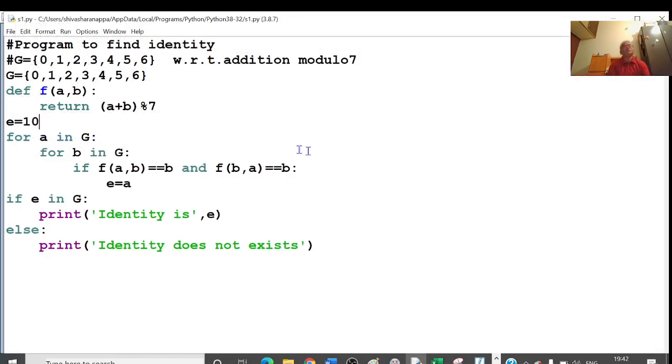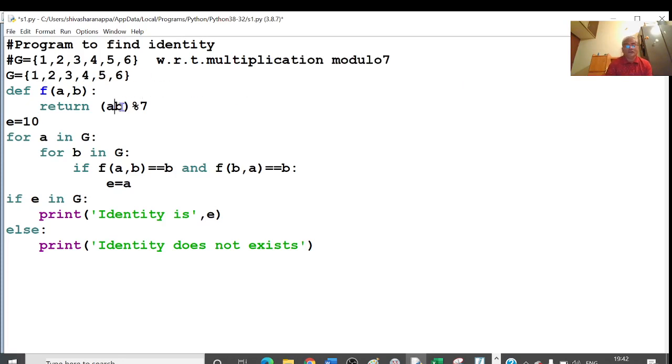Now we change this program. I will take this as 1, 2, 3, 4, 5, 6. Here we take multiplication modulo 7. This set G is 1, 2, 3, 4, 5, 6.